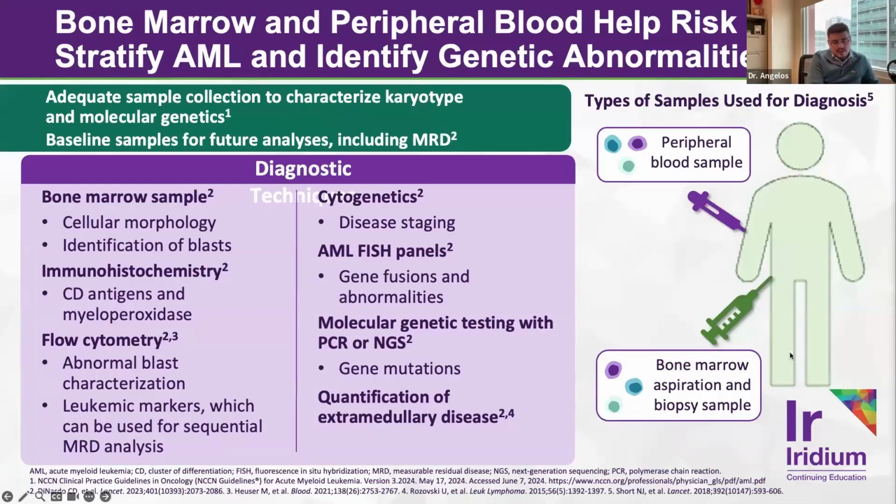Again, just as a reminder, these are all the appropriate tests that we will order. Generally, we try to get these off of a bone marrow core and aspirate. However, in some cases where an aspirate or core is not able to be obtained, we can run some of these tests off the peripheral blood. Generally, flow cytometry and NGS testing tend to be reliable tests, whereas others such as FISH and karyotypic analyses begin to become less sensitive once the circulating blast percentage really gets below 10% or so.